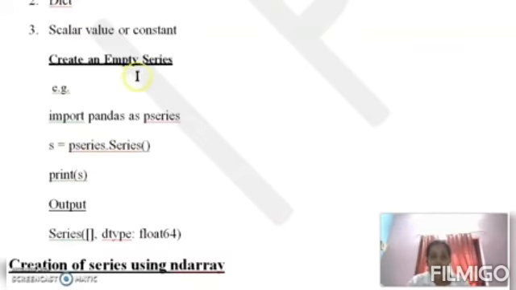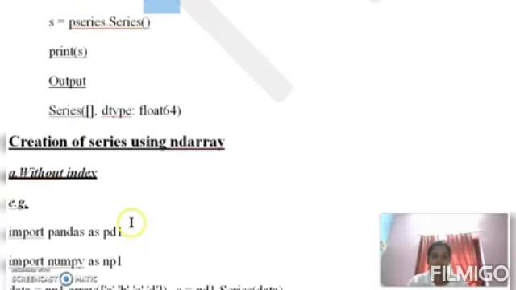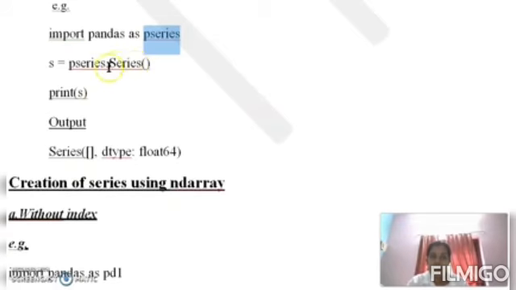We can create an empty series. There must be an import statement, because pandas is a default module which is in the Python library. We install pandas in our Python, so we have to import it. Import means if there is a default module or package, we have to import that module. So import pandas. This name is optional. We can give any name. Then this object dot Series is a constructor. By using this constructor, we can create a series.